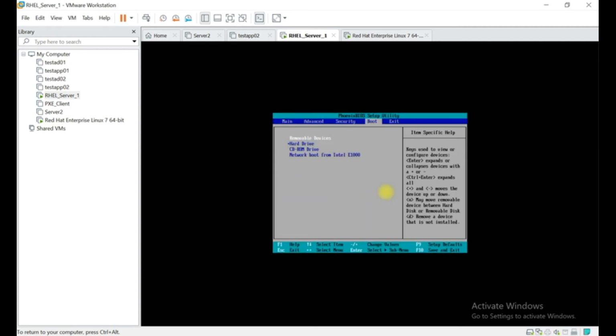This is the place where you can define from which bootable device you want to boot. Here the star represents the hard disk. The hard disk is a bootable device in this case. Okay, let's exit,